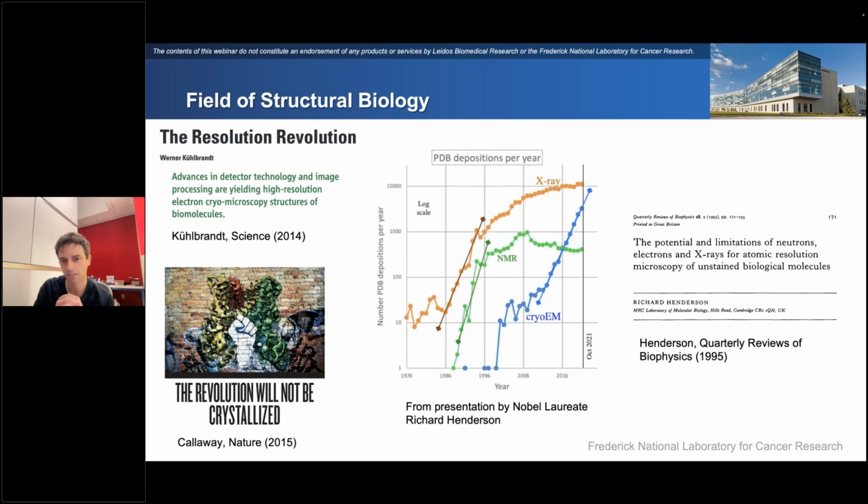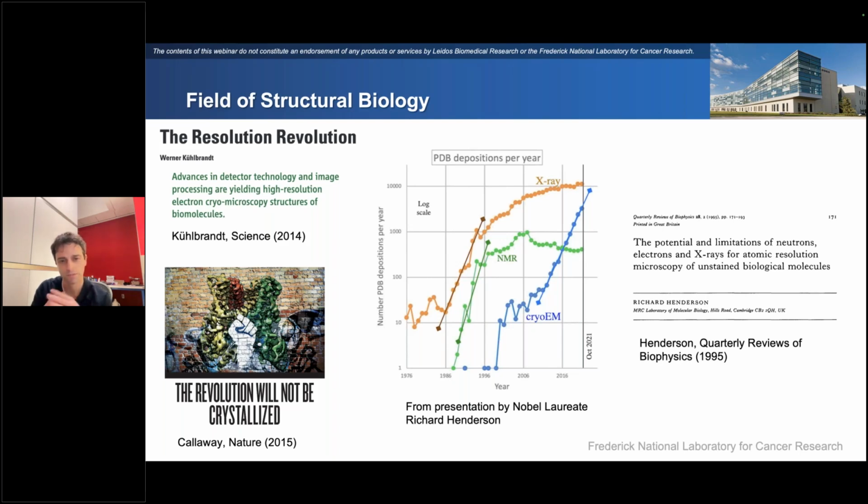But once the direct detectors came online, the signal-to-noise ratio in the raw micrographs immediately improved, and that immediate improvement in the signal-to-noise in the micrographs led downstream to an improvement in the final resolution of the reconstruction. And once people got to the point where they could actually see side chains in their maps, that's when they were able to start building their own models de novo and depositing more and more of their own models into